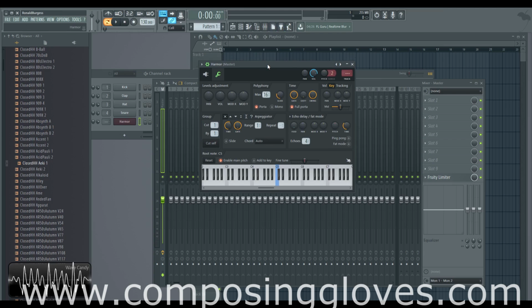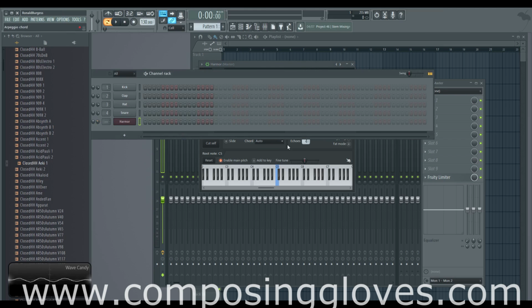But these are effects. These are things that are post-processing and they manipulate MIDI data. That is to say, they manipulate performance data. So we're going to talk about these. Now, one quick one that I will point out that is somewhere else is, if I hit my keyboard, let me turn Harmor down. If I hit my keyboard,